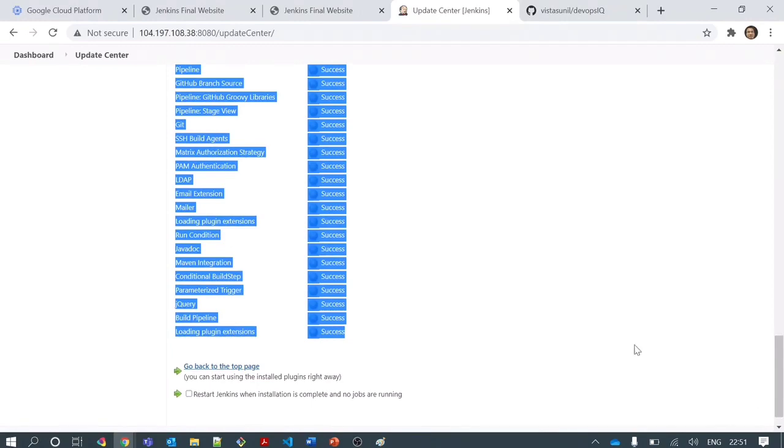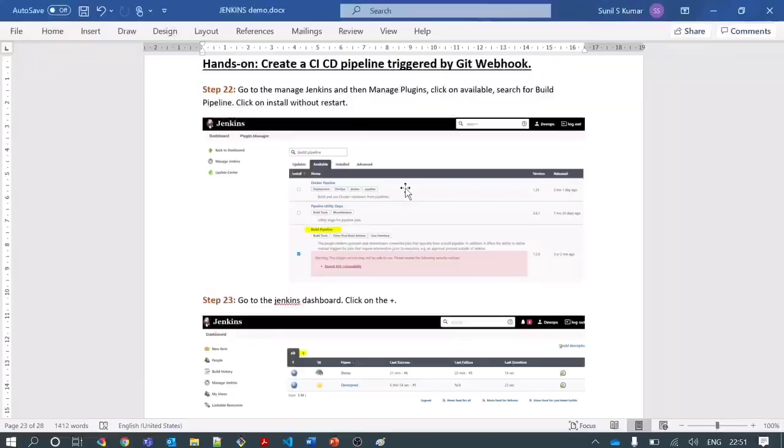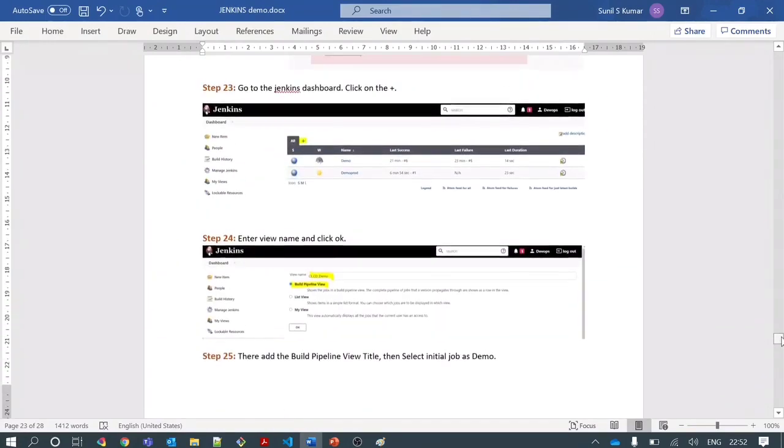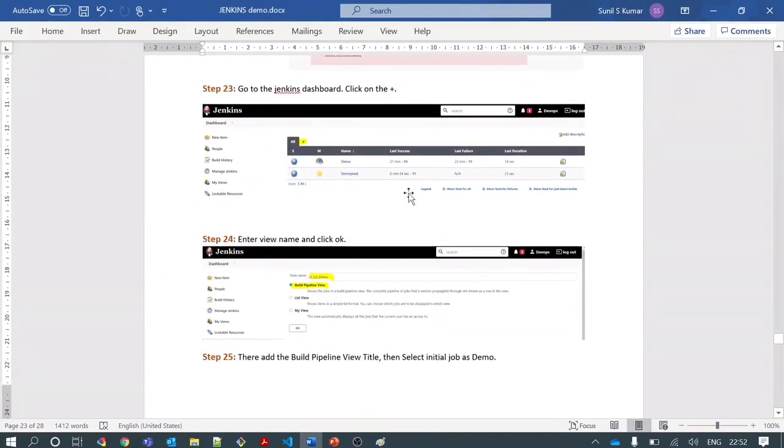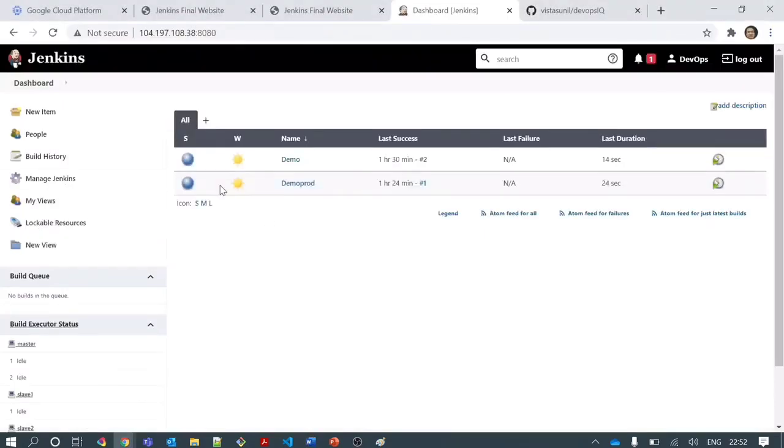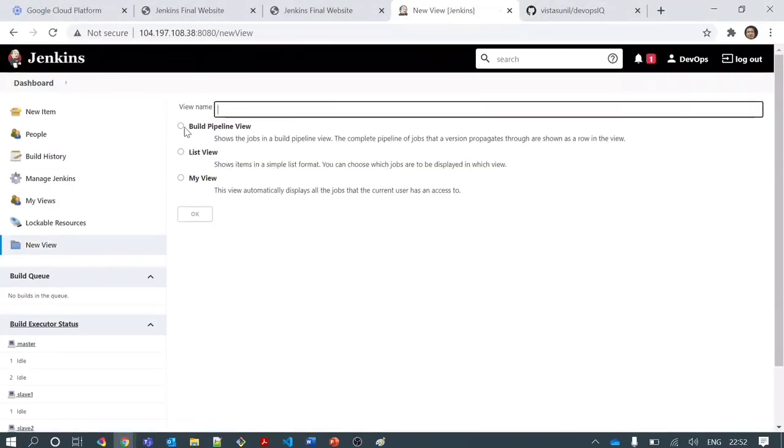Let's go back to the dashboard again and create one pipeline. We will actually create a Jenkins dashboard view first before going to the pipeline creation. So let's create that by clicking on plus. We can add a dashboard, and we have that build pipeline view available. This option is available now due to the plugin we installed. This gives you a good view of the status of the jobs on the dashboard itself. Okay, so let's give some name to it. We can follow the document, CI/CD demo.